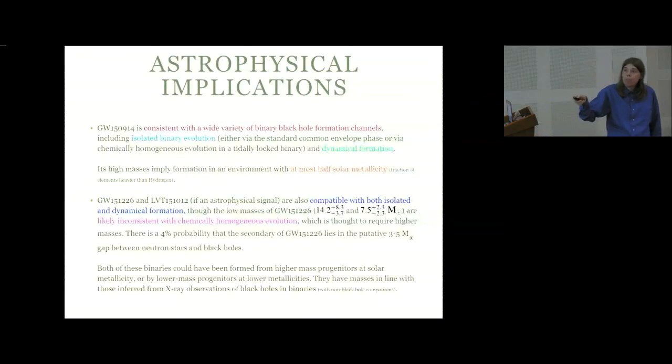So all 3 of these are consistent with quite a wide variety of formation scenarios. You can form them by some sort of massive stars that are born as a binary and just evolve together. The stars transfer mass, like a supernova, and you form it and eventually it coalesces. This is kind of the most standard way of forming it, and indeed you can form all these systems. For these heavy ones, you need to form them in a region